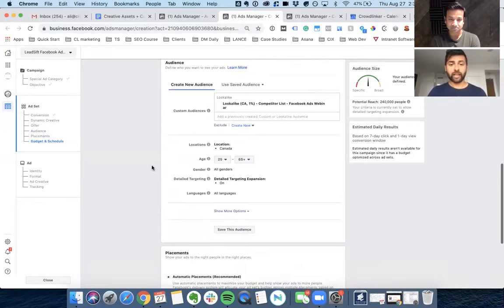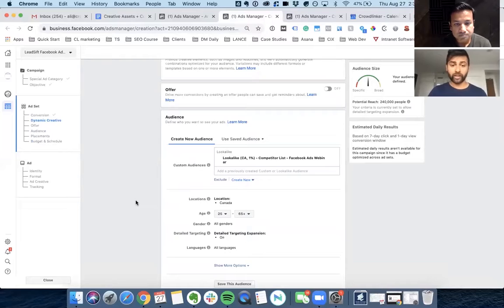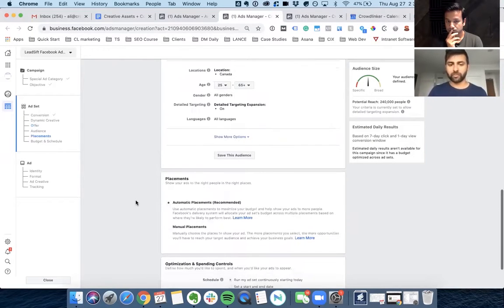If I was doing this any other way, this would take me at least 30 minutes, and that's not including research. First you have to do research. What am I exactly targeting? Am I targeting this interest? Am I targeting that interest? With LeadSift, I just have to put in that list, and I'm not changing much else.